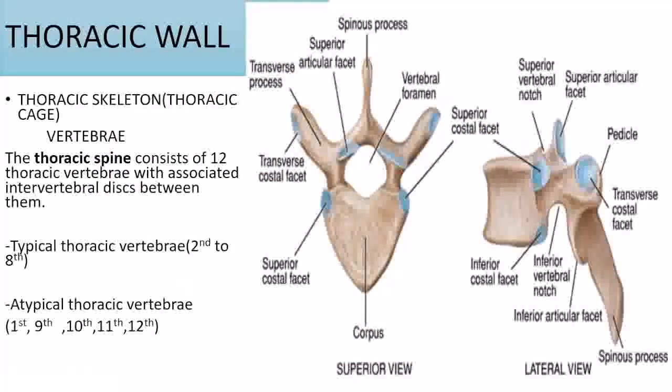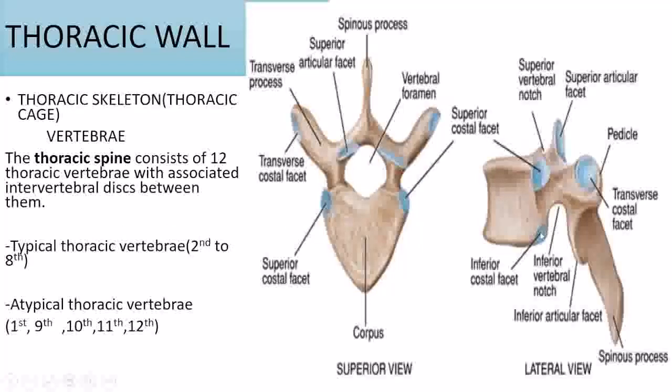Okay, so after the ribs, let's talk about the vertebrae. There are 12 thoracic vertebrae, which are joined to each other with the intervertebral disc. Just like the ribs, these vertebrae can be classified as typical or atypical thoracic vertebrae. They are typical if they have the features of a typical thoracic vertebra, and atypical if there are variations in these features. The typical thoracic vertebrae are thoracic vertebrae 2 to 8, and they have a